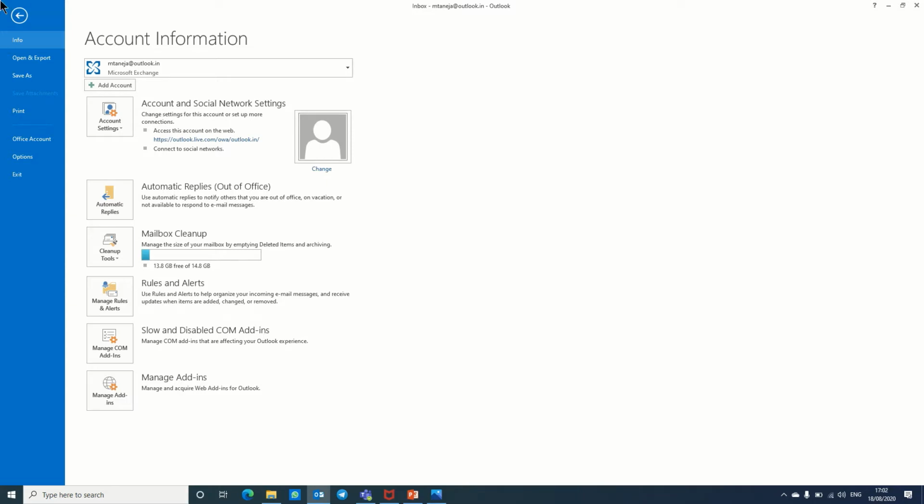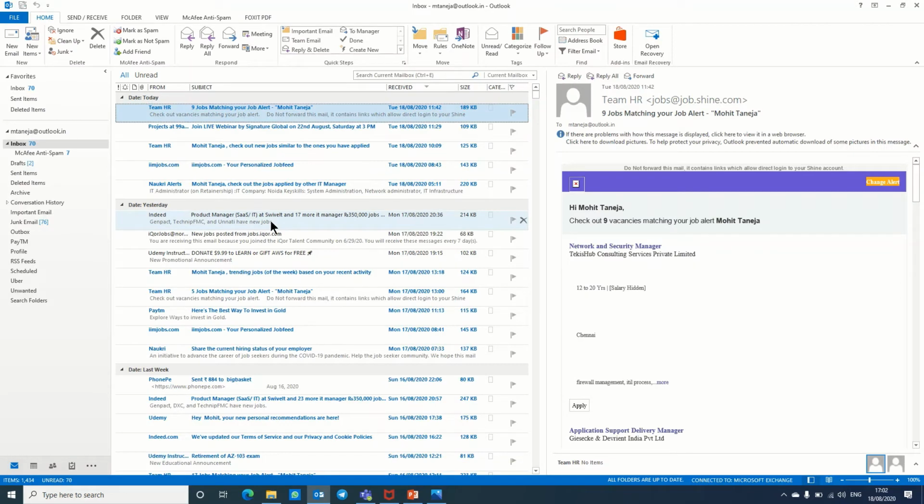I will share the link in the description box on how to create a PST file and drag and drop emails into it, so you can check it.